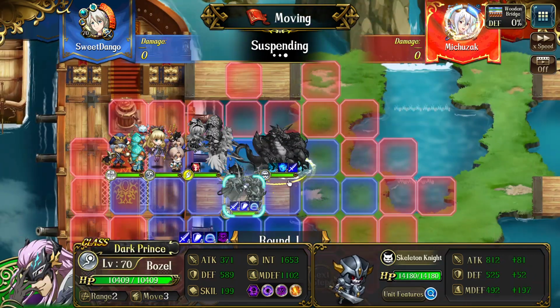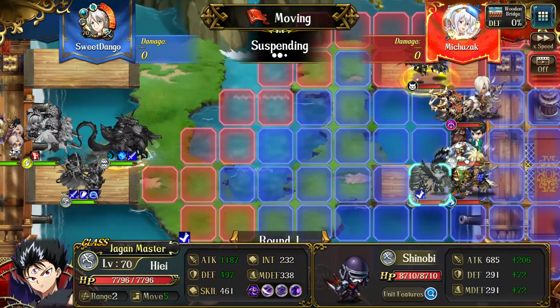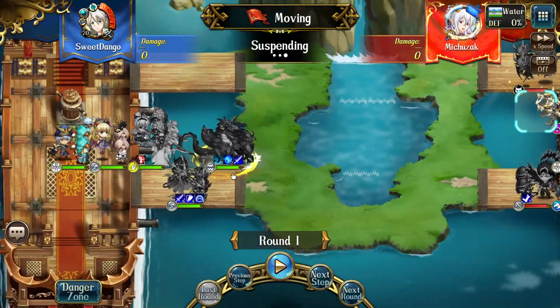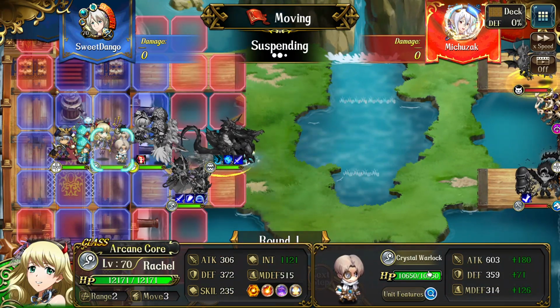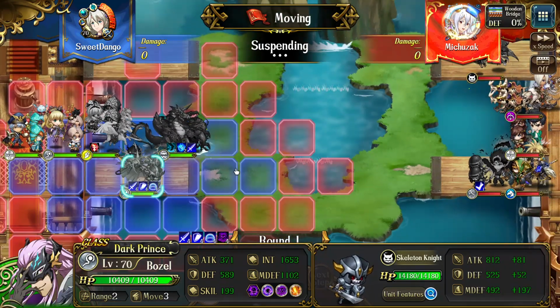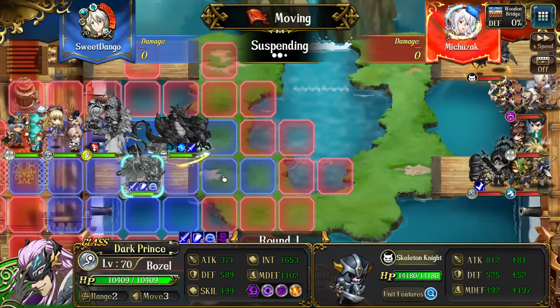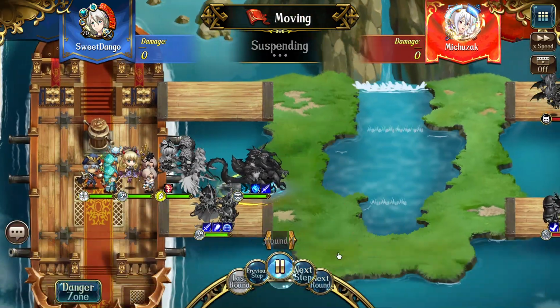So the only thing I would say is that if you want to survive a rush box or this kind of aggressive box, building this kind of tanky troop like Crystal Warlock or Skeleton Knight is very necessary, and they will indeed reward you with wins against those kind of players. Okay,